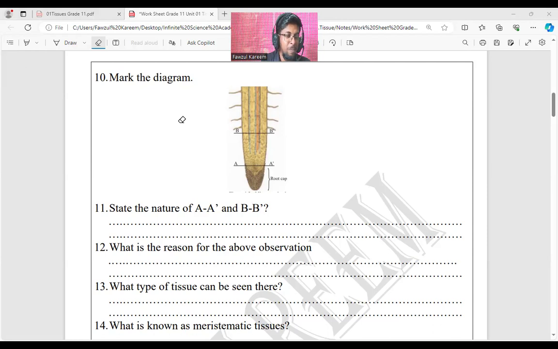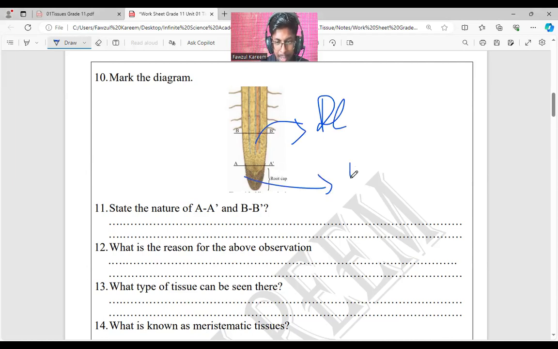Okay, permanent tissue and meristematic tissue. This is plant tissue, yes. We divide the plant tissue into two: the permanent tissues and the meristematic tissue. Okay, Anushya, very good, and Asnaf, very good. Sweta, good. So is it clear? What are the two types of tissues? Permanent tissues and meristematic tissues. Meristematic means the ability for cell division. Here, these are permanent and these are meristematic.